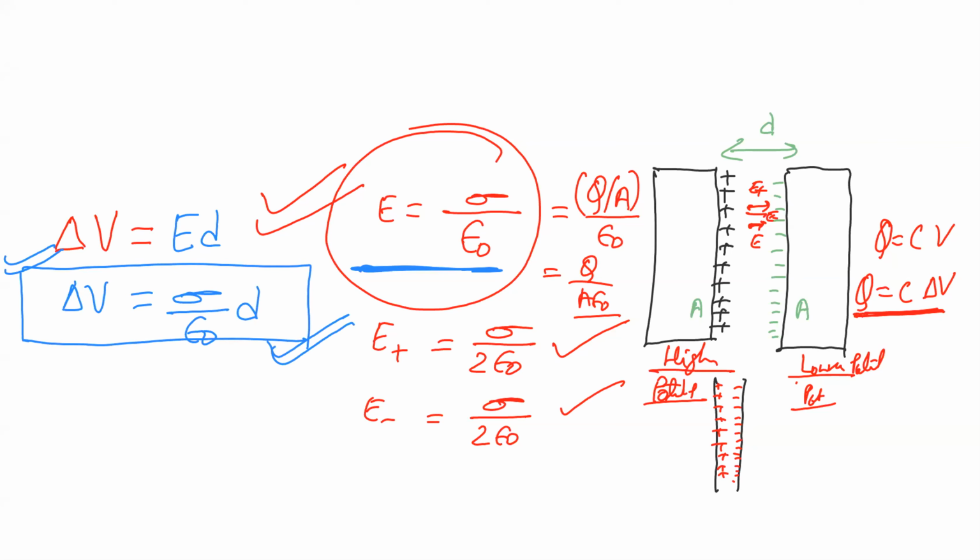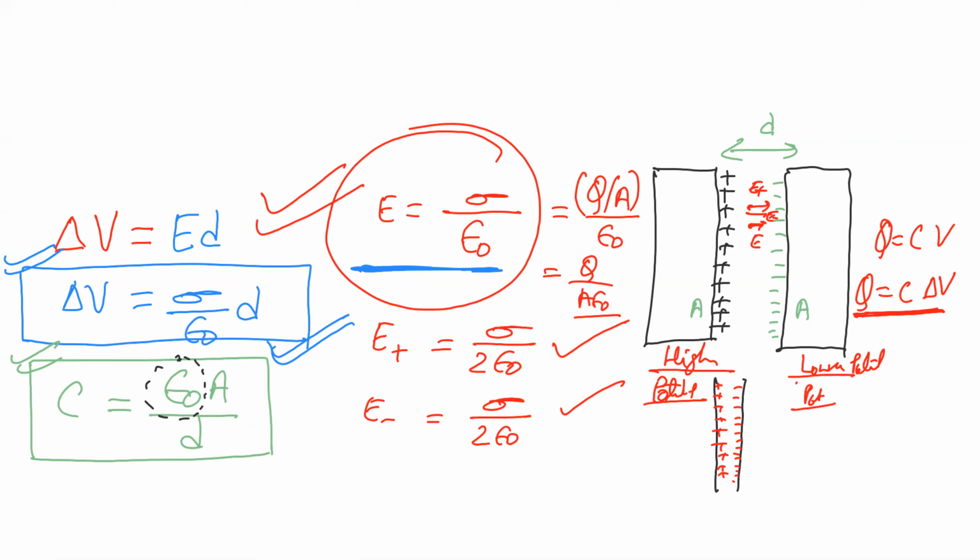Very good. Now, what is the capacitance? Last one. What is the capacitance value for a parallel plate capacitor? Epsilon naught A by D. Yes, very good. The capacitance value will be epsilon naught A by D. So it will depend on the medium, which is decided by epsilon naught. A is the area, and D is the distance between the plates. So this is the value of C, the capacitance value.